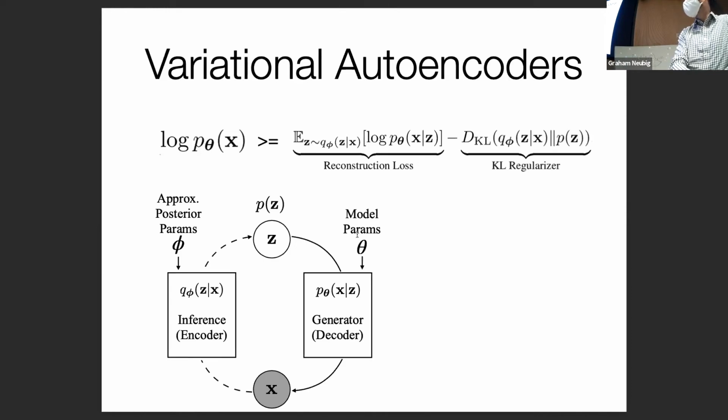So that's what it looks like here. We have this reconstruction loss, and we have the KL regularizer over here. So we take X, we do inference, and we predict Z, and then we take Z and we calculate the probability of X. So another way you can think about this is we can think of it as a regularized autoencoder. So a regular autoencoder, what it would do is it would just